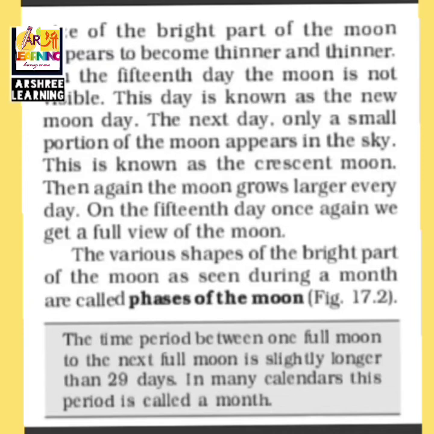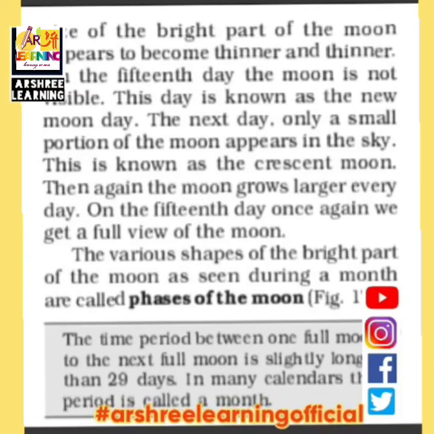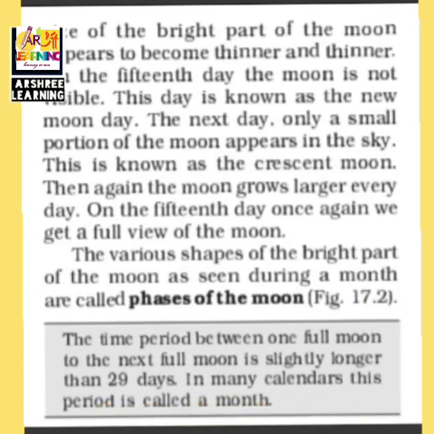The next day after the moon is not visible, only a small part of the moon is seen in the sky. These are the shapes of the moon which keep on changing. This is called the crescent moon. The crescent moon is the moon which is seen as a small fraction of the